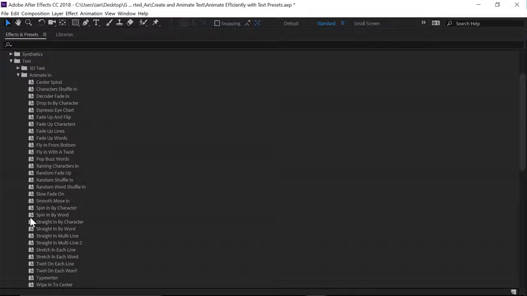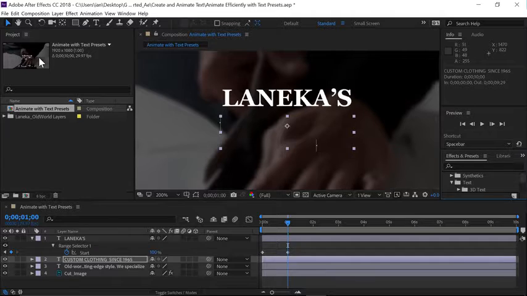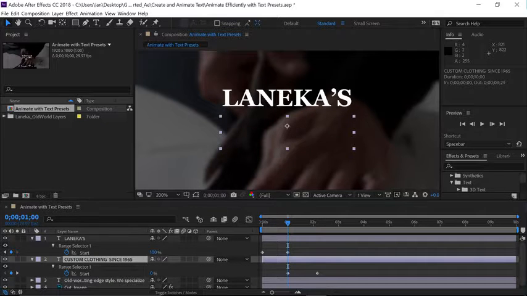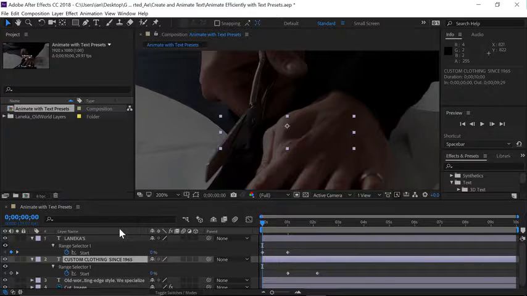This time, instead of fading up characters, I want to fade up words. So I'll double click on that effect. Let's double click on the Effects and Presets panel and see if our effect has been applied. Notice I can't see my type anymore, and if I select layer 2 and press the U key, there are my keyframes. So now, if I move my current time indicator to the beginning of the timeline, now we can